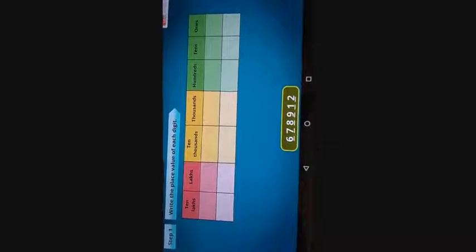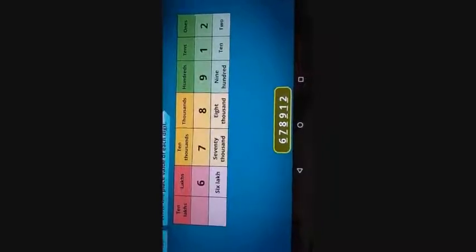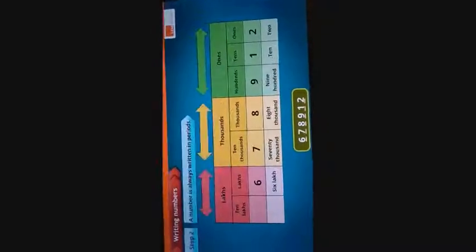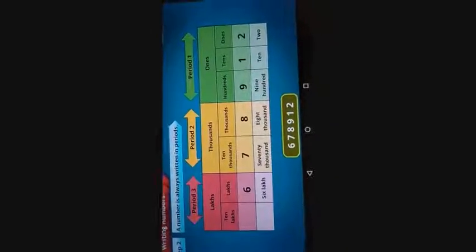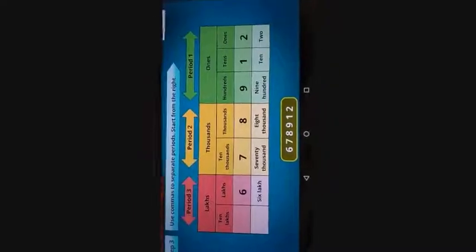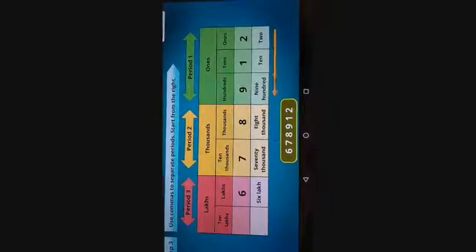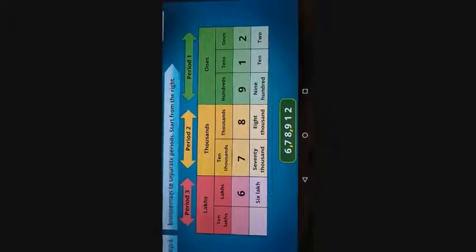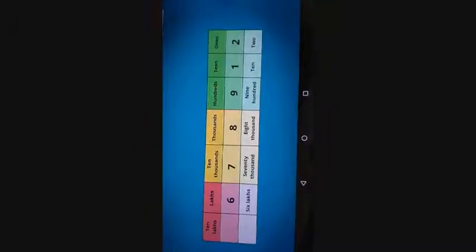But he's confused how to write the number using periods. Let's help Chetan learn how to write large numbers using periods. Similar to reading, we start with writing the place value of each digit. Then we write in periods. Next, we use commas to separate periods. We start from the right and place them like this. Now, Chetan is happy as he can now read and write large numbers using periods.